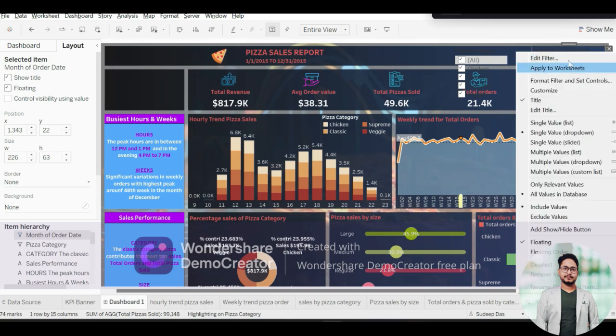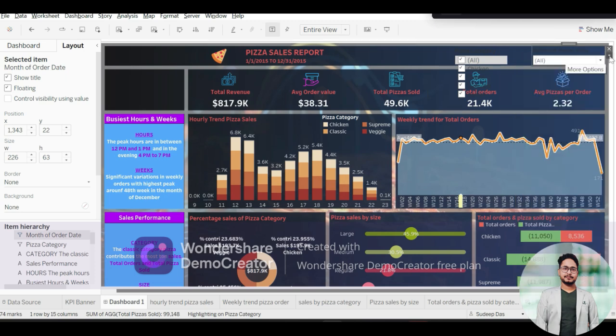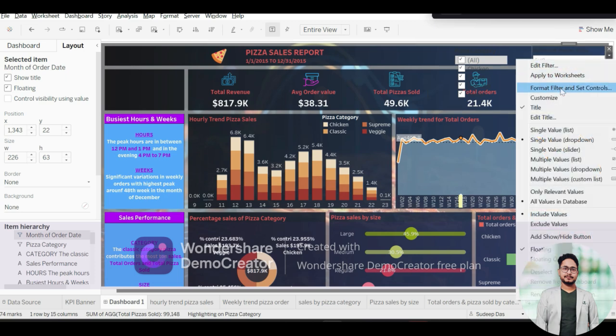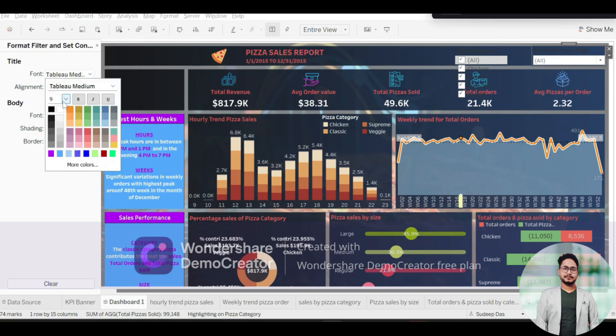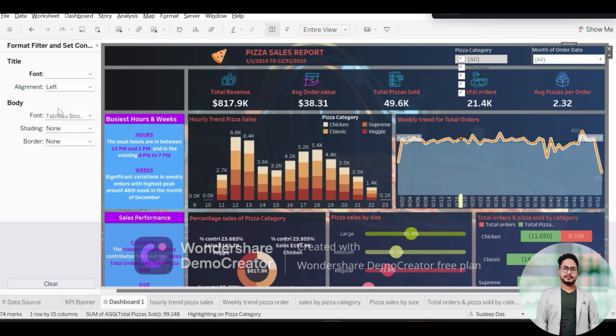Now we need to format. Use this and format filter, and the title I want it to be Tableau Medium, size 8, and it should be in white. Okay, so it is done. For shading for this also,